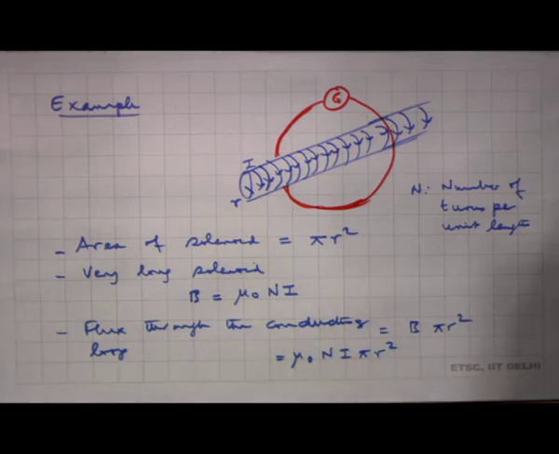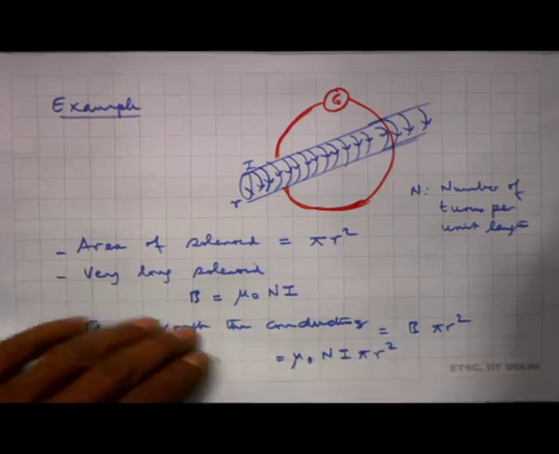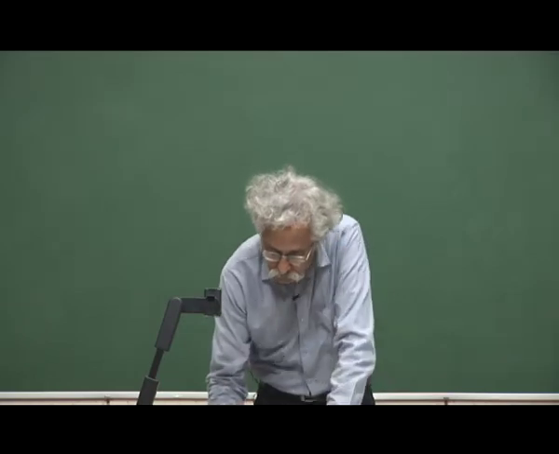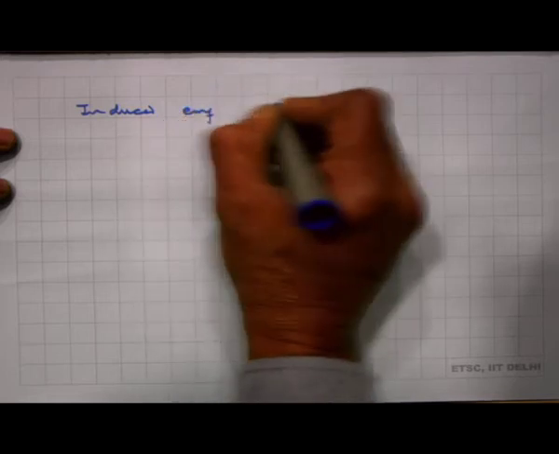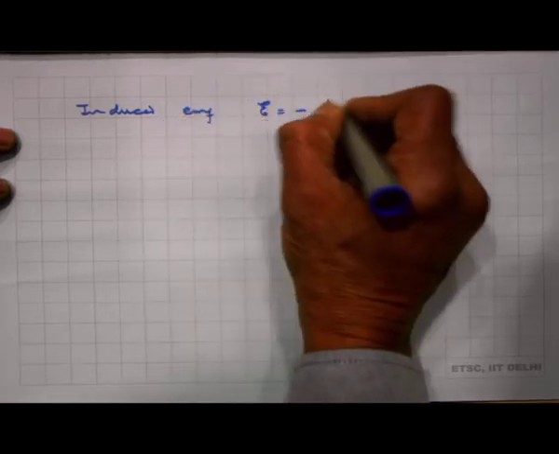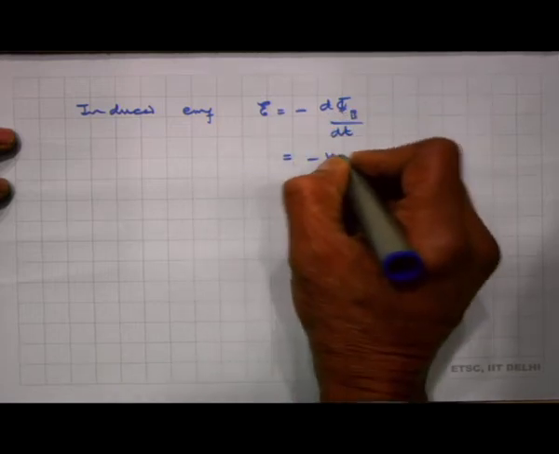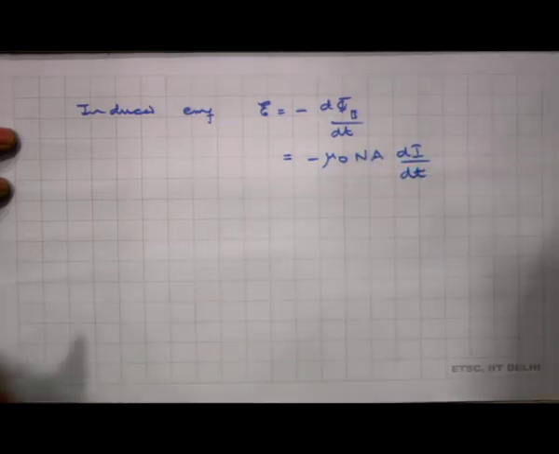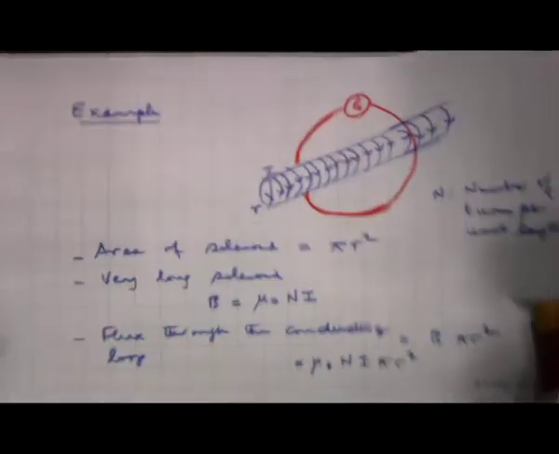So, if I now change the current as a function of time, that current changing as a function of time changes the flux through this outer conductor, and that should induce an electric field and an induced EMF. So, what is the induced EMF now? Minus d phi b by dt, which is equal to minus mu naught n a d I by dt. So, this EMF is actually generated in the outer conductor,